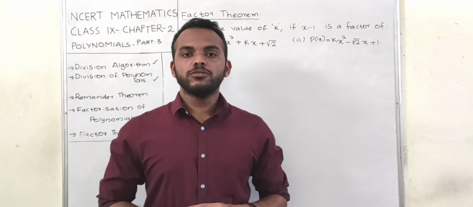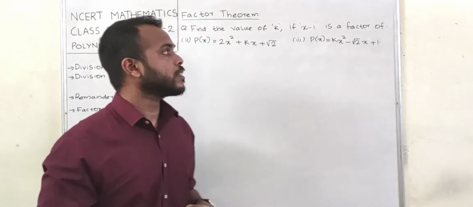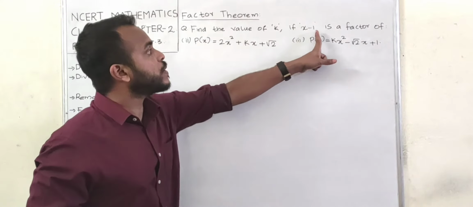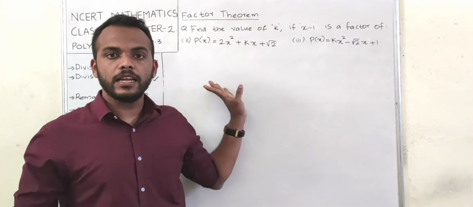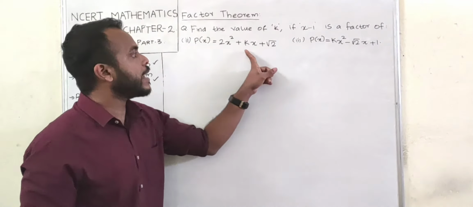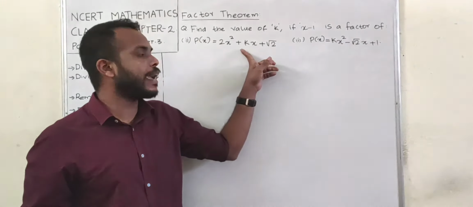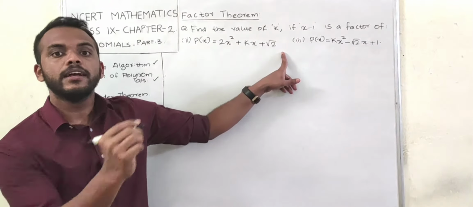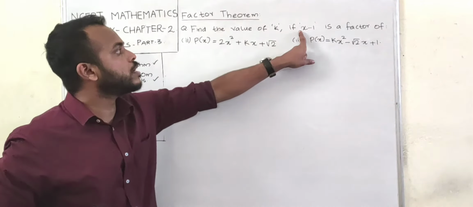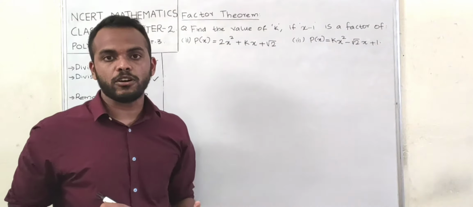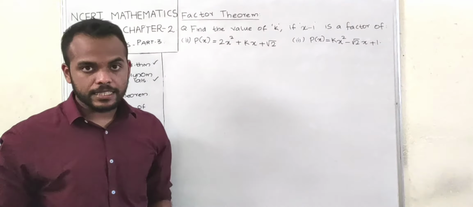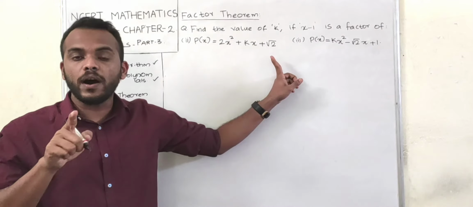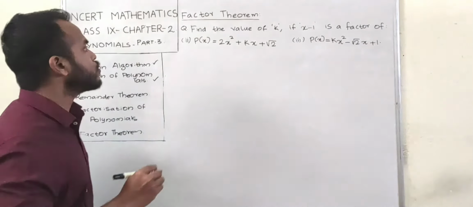Now let's see a different use of the factor theorem in solving problems. If you are given a question like this, find the value of k if x minus 1 is a factor of this polynomial. A particular polynomial will be given and there will be an unknown quantity. So for example, k, a, b, any unknown quantities will be there, and you will be asked to find that quantity with the given condition that a particular linear polynomial is a factor of that polynomial. Now we should understand, if x minus 1 is a factor of this polynomial, then p of 1 is equal to 0, right? Yes, we will use that method.